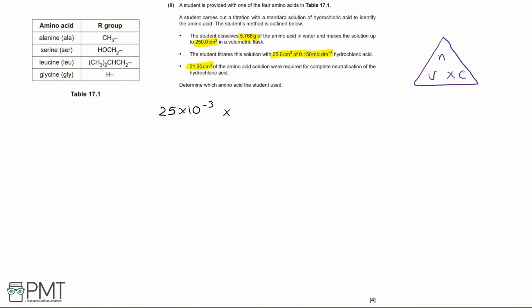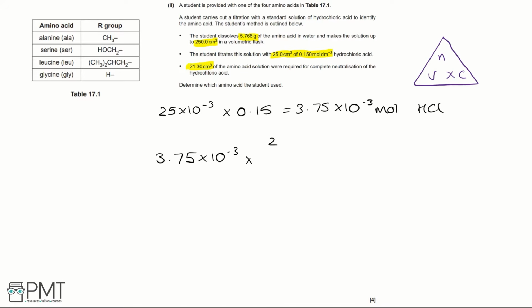Then we're going to multiply this by the concentration, 0.15 moles per decimeter cubed. That gives us 3.75 times 10 to the negative 3 moles of hydrochloric acid. Now we're going to use these moles to work out the moles of the amino acid. In order to do this, we need to take our moles, 3.75 times 10 to the negative 3, and multiply